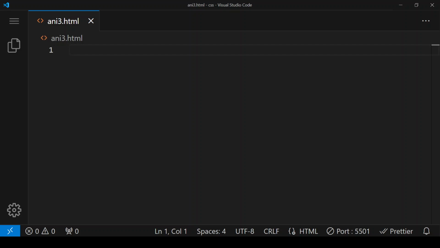Next in CSS, we are going to design this thing. So this is a box in which there is a ball which is moving with a delay of 2 seconds and is going along all the sides of this box. So to design this,